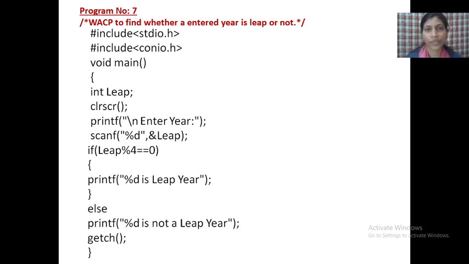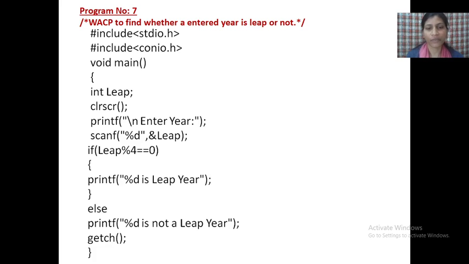See here, in the February month, in a normal year, there are 28 days. In a leap year, in the February month 29 days come, which means one day is extra. If February has 29 days, that year is a leap year, and a leap year comes after 4 years. In a normal year there are 365 days in total, and in a leap year 366 days, and that one extra day is in February month.